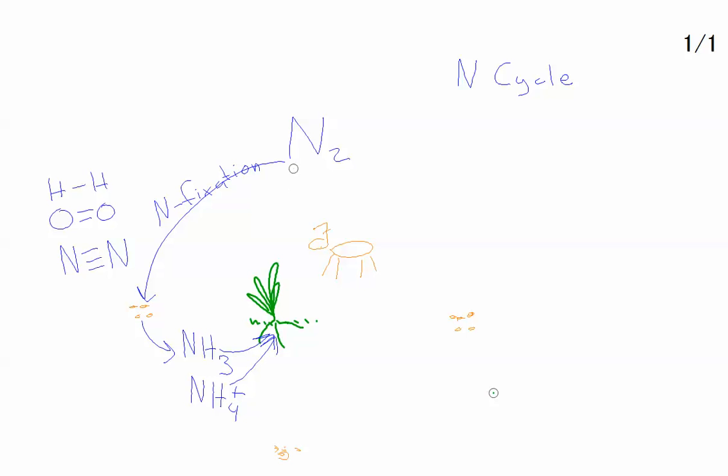But these nitrogen-fixing bacteria convert the nitrogen gas, the N2s, into ammonia, and the ammonia or ammonium can be incorporated by the plant, which makes amino acids or nucleotides. And then, as we know, once we have the monomers, they can be passed up the food chain. So animals typically don't make our amino acids from scratch, we don't make our nucleotides from scratch. So once the nitrogen is incorporated into an organic molecule, it can be passed up from one animal